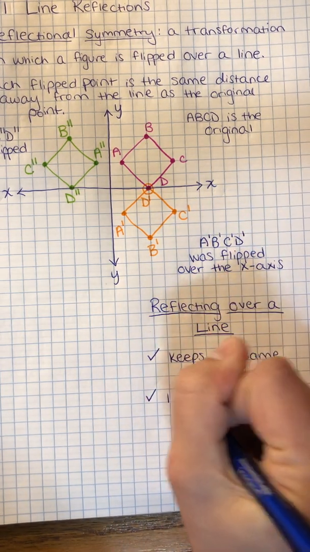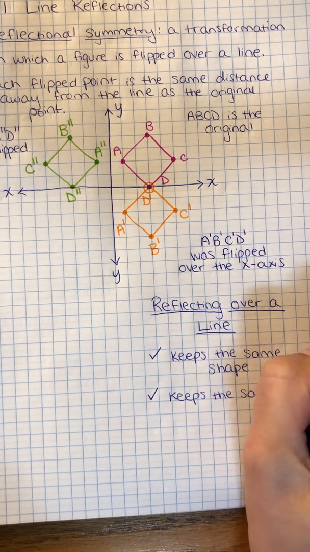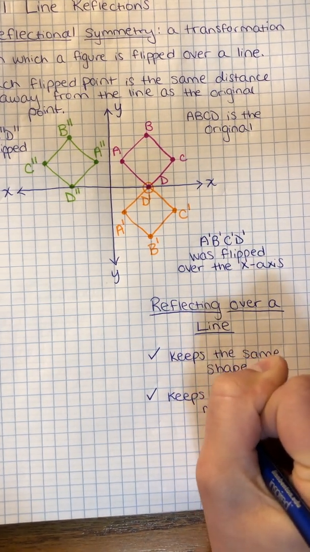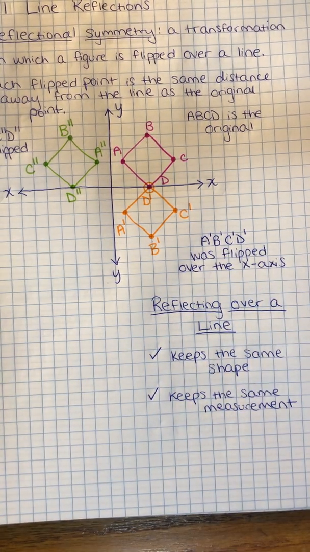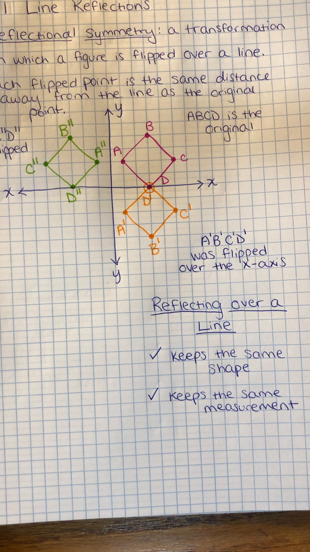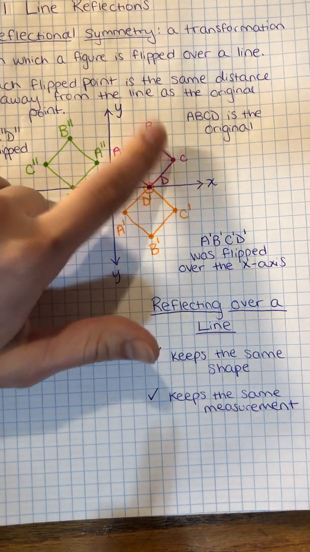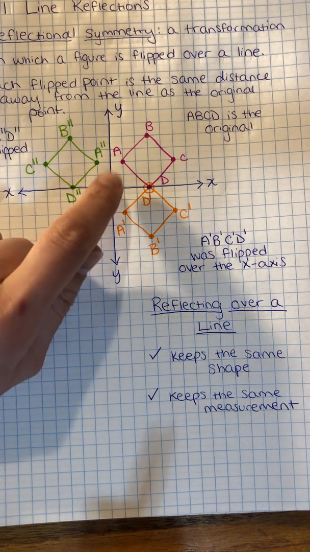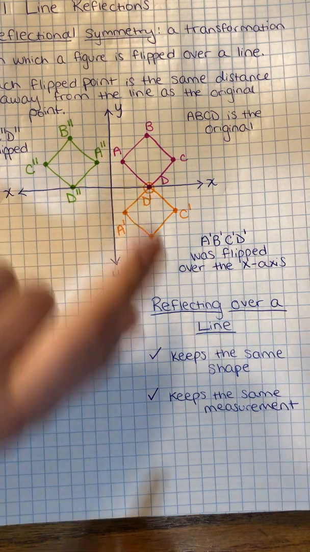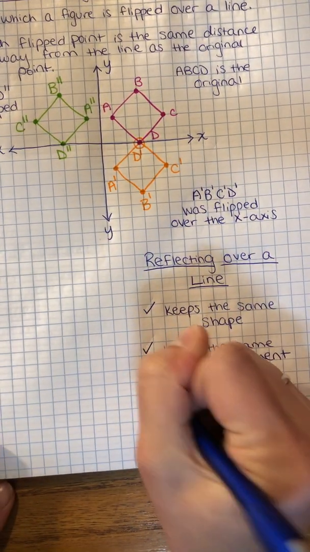Reflecting over a line also keeps the same measurement. So if I had a ruler handy, which right now I don't, and I measured the sides of our original shape, flipping the shape over the x or y axis did not change the length of the sides, so the measurements stayed the same. And finally,